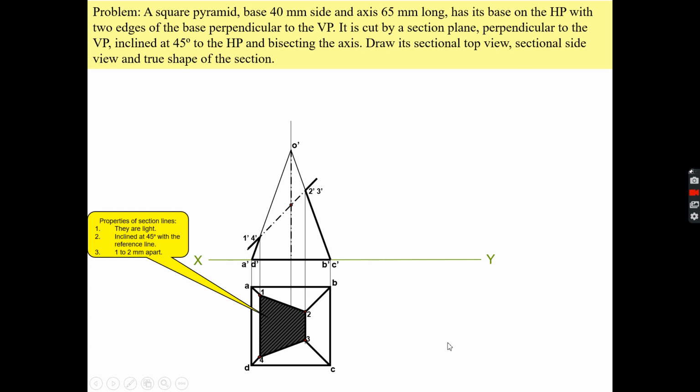Now you have to make the side view or true shape of that section. Okay, so how will you make the true shape of that section? You have to draw a new reference line, or you can consider this line only, 1 dash 2 dash or 3 dash 4 dash, as the reference line. Okay, after drawing the reference line, you have to draw the perpendicular lines, right? Then you have to measure the